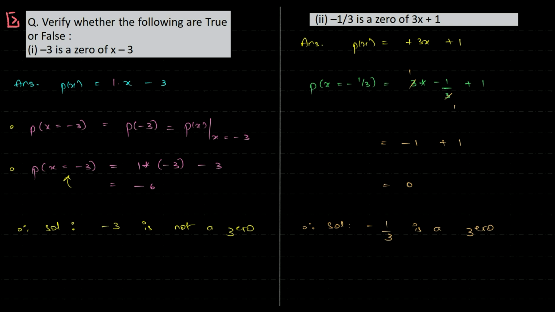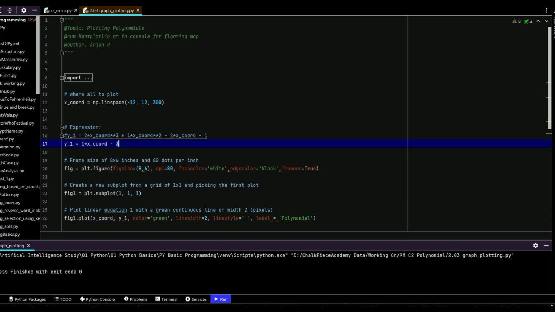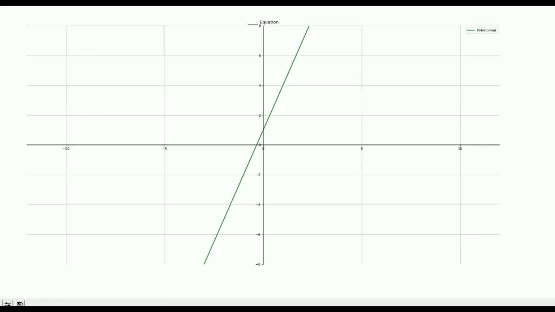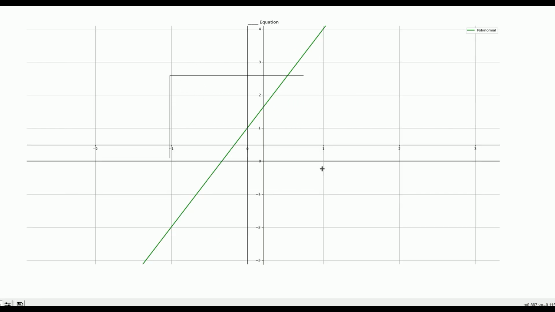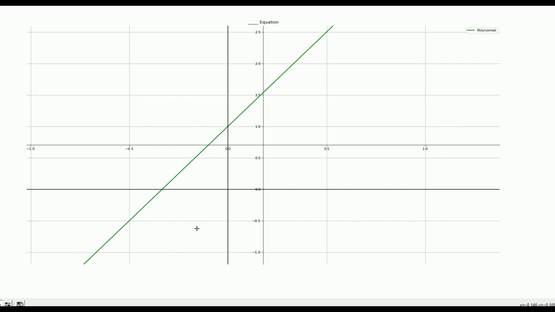Okay, so let's look at this graphically also. Let me cancel this first. Let me change the variables. So the expression is what, guys? 3x plus 1. So the coefficient of x is 3. Let me change that. It's not going there. This is 3 and plus 1. And execution. Okay, so I need to zoom in for showing you guys this. If you scroll in. Okay, so here,